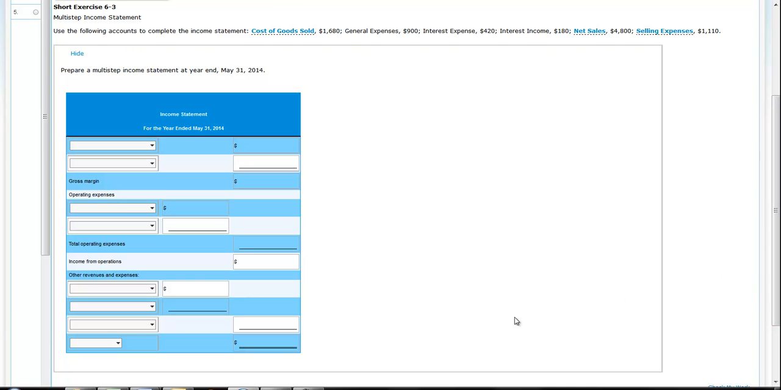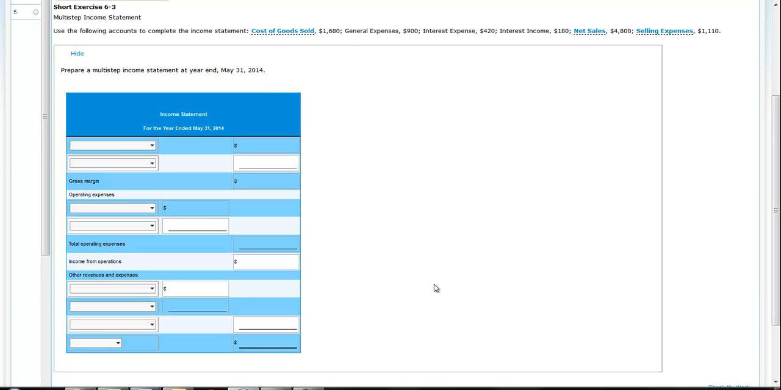And the first thing we're going to do is, unlike the single-step income statement where all of your revenues are at the top and all of your expenses are at the bottom, we are now categorizing our revenues and expenses into revenues and expenses that pertain to the operations of our business, the day-to-day ongoing reason we're in business, and then our other category is actually going to be called other revenues and expenses, and it's going to be where we can earn revenues or incur expenses on things that do not have anything to do with the day-to-day